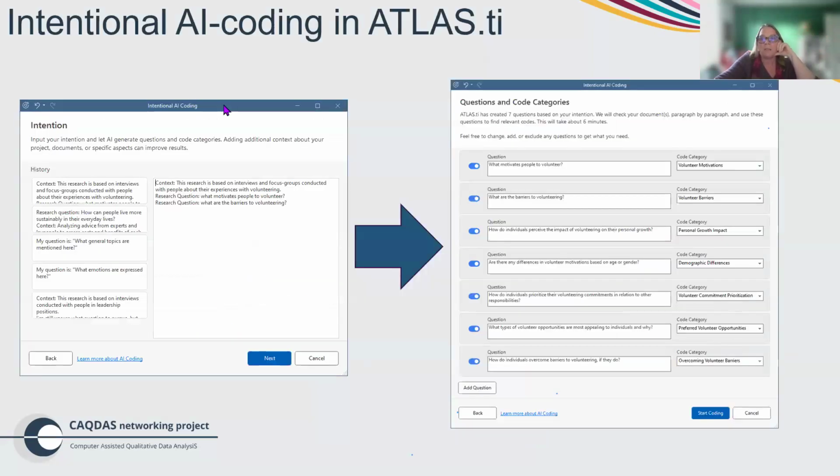We also have in Atlas TI what they call intentional AI coding, where I can start as a human to say, okay, don't just go and do all the coding. Do the coding based on my areas of interest. So that might be research questions or topics. You can give some context here about your project. You can give a lot more than what I've put here. And it turns that context into questions that it then uses as the basis of a code category. So that's a much more focused way of employing the coding. But what's happening with the coding needs to be something to think very carefully about. And again, what are you losing by not coding yourself?